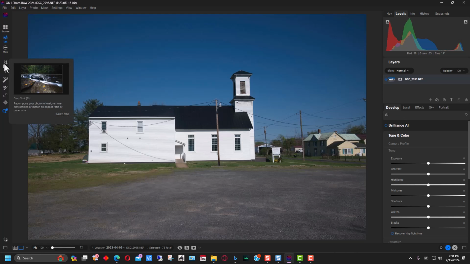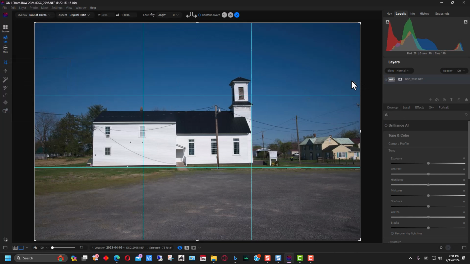So if we go over to Crop, there are a couple of different things that we can do. We can go in here and we can level it. A lot of times it's better to level the image first, just because then you know how far you can crop in and out. Because if the image is way off kilter, you're going to have to crop it down a little bit anyway so that it's square. So you can go by angle right here